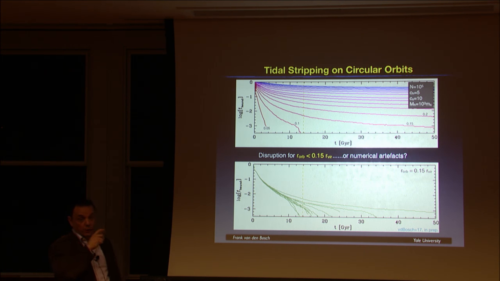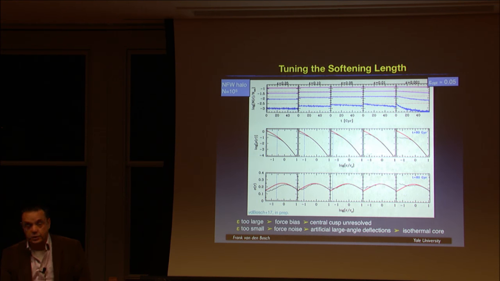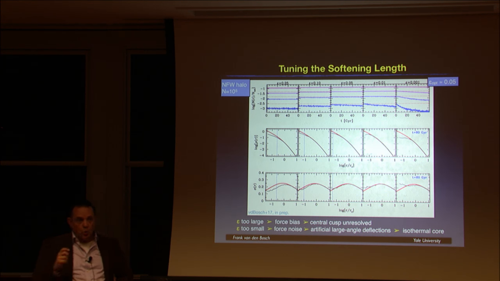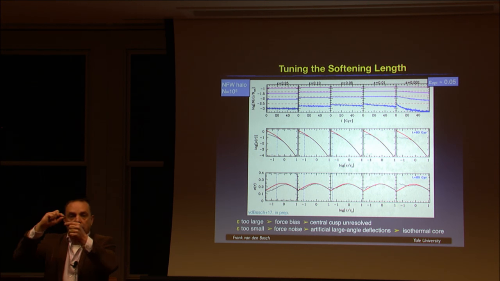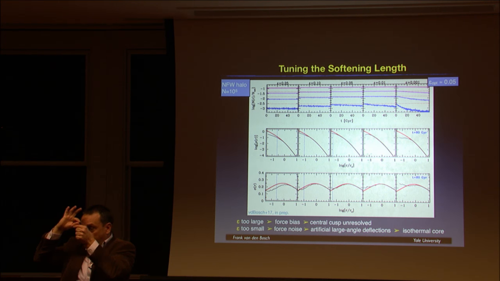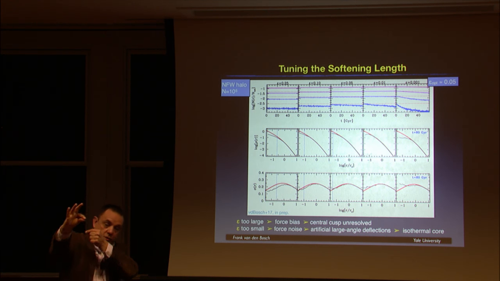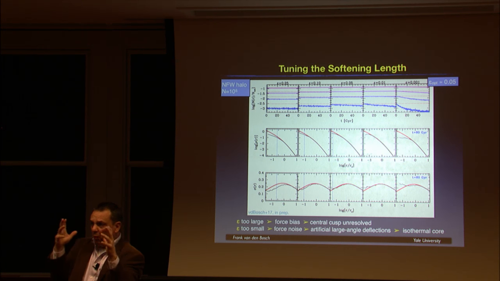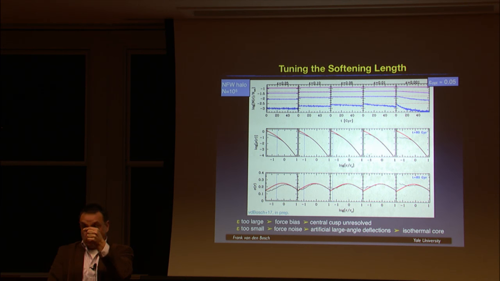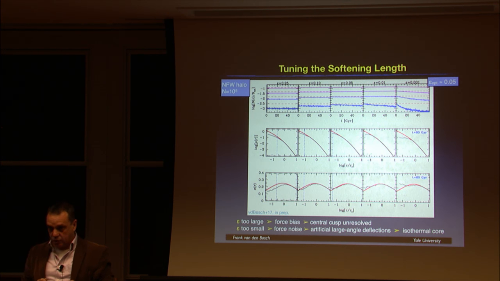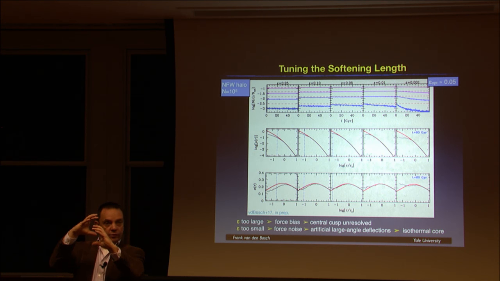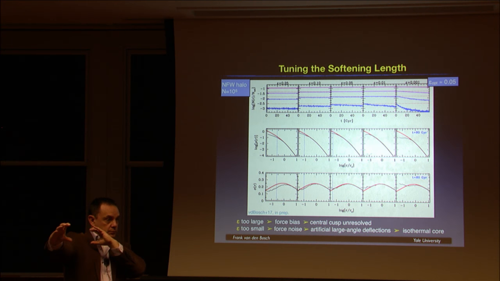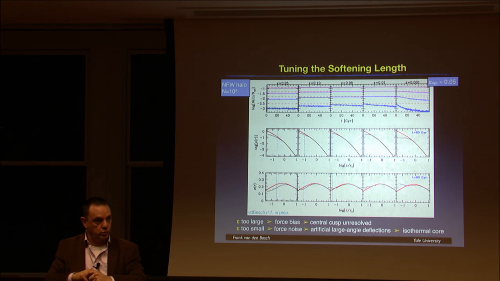But first I wanted to point out another problem. The other problem has to do with softening. So why do we soften particles in a simulation? It's because what we really want to simulate is dark matter particles. Two dark matter particles have very little mass, and when they move next to each other, they don't feel each other's perturbation. But we're modeling them by particles that have 10 to the 8 solar masses. So when 10 to the 8 solar mass particles come next to each other, they go, vroom. You get these huge, large angle deflections. That's not physical. So what you do is replace your point particles with fluffy blobs. And now these blobs go straight, which is what the dynamics should do.